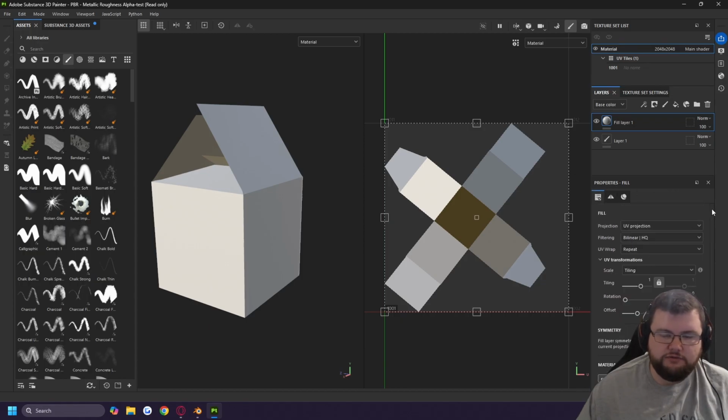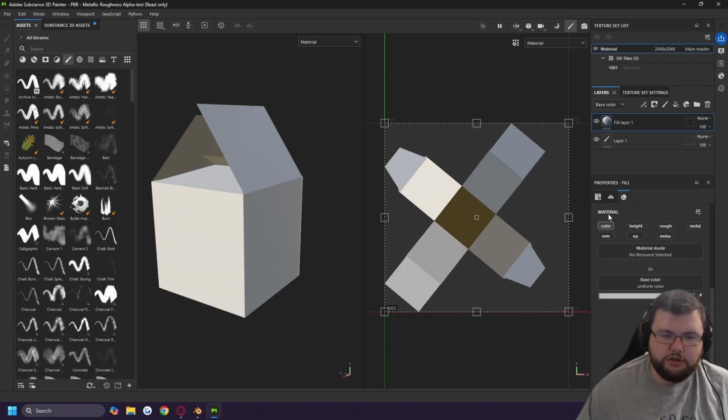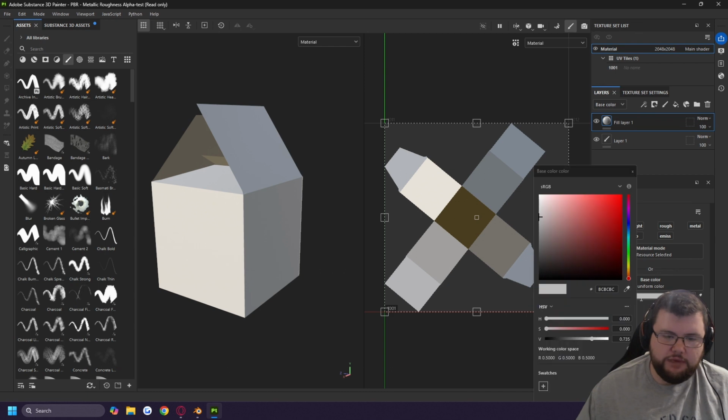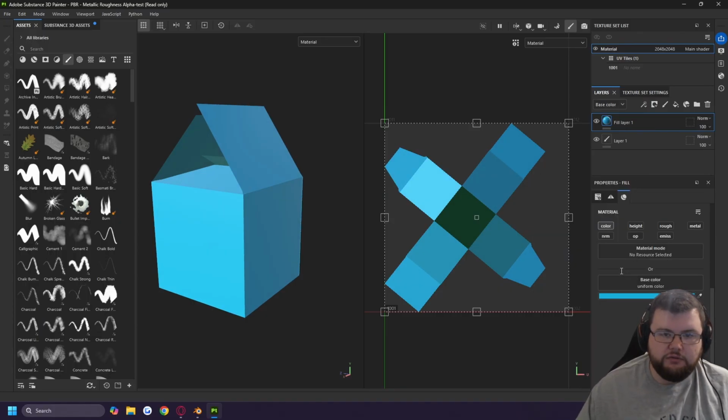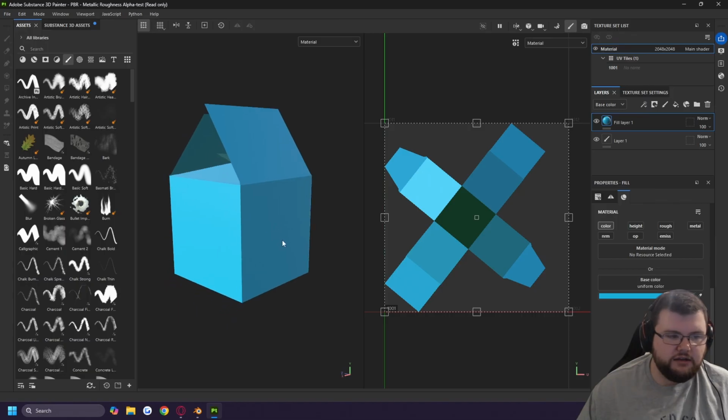So we get fewer options for a fill because we're not thinking about the brush options. But if we come down to the bottom and look at those materials, we've got base color, and we can turn this into sort of a nice sky blue, something that would be nice for some packaging as a background. Now, because we're on the fill layer, this will make it a little bit easier to get the majority of stuff in. But say